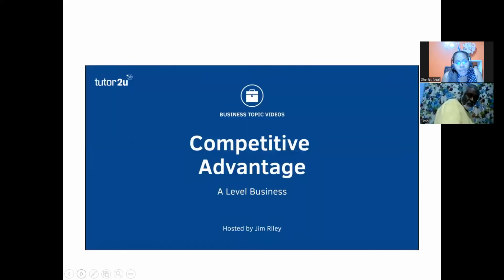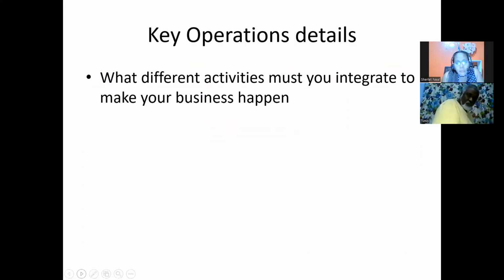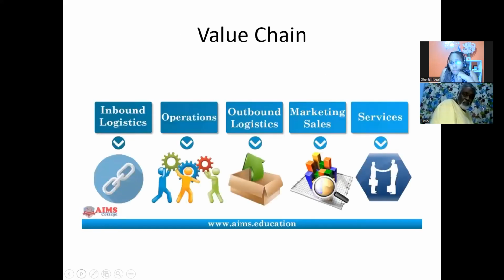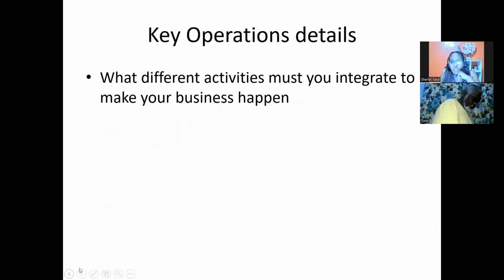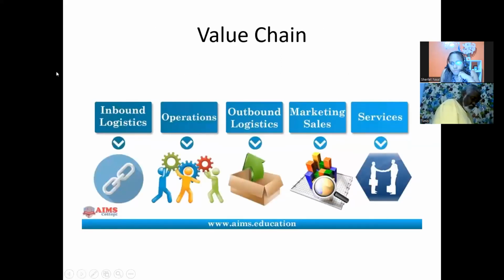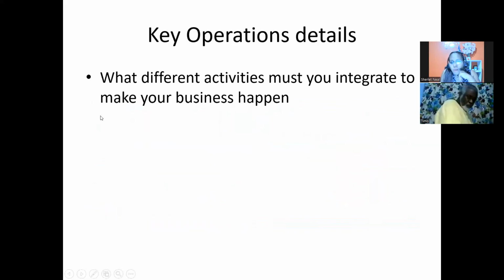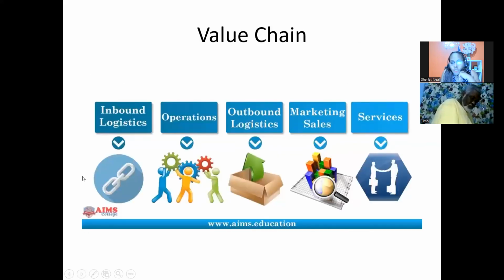These are just some things that I had added for emphasis the last time. Now, where it has key operation details, what I want you to do is, I've seen some people just listing some details here. I want you to do your value chain. Where it says key operation detail, do your value chain. This is going to get you far more points than just listing some of the key activities that you do.